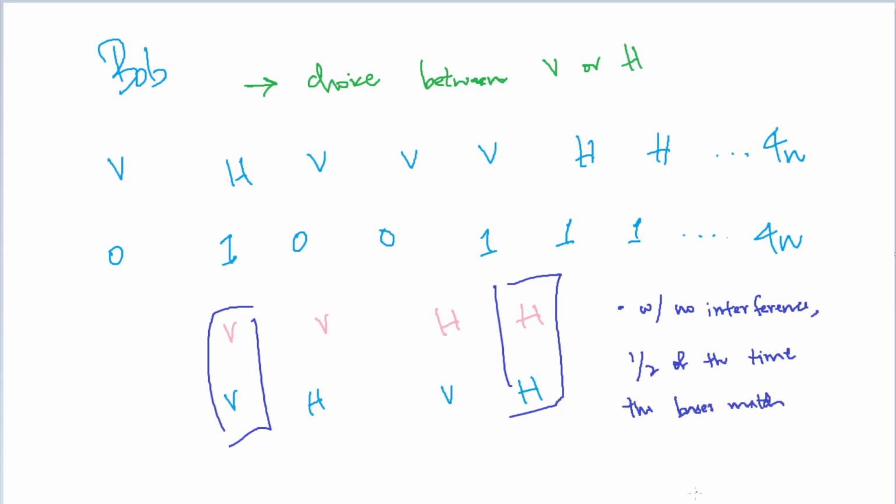And because half of the time these bases match, what we can essentially say is that the information between choosing the qubits or the bit values, either 0 or 1, will be the same. The reason for this is analogous to trying to read the spin of a particle and sending it through an apparatus measuring the vertical direction, and sending it again through an apparatus measuring in the vertical direction.